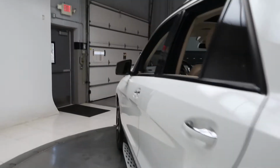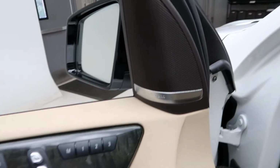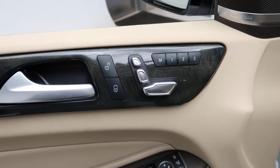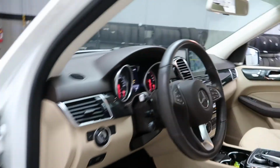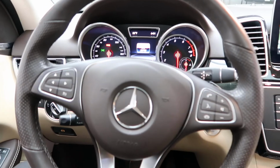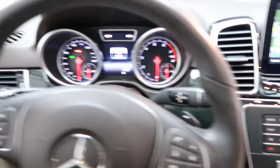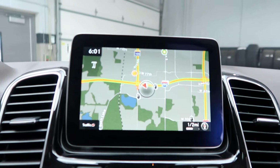Coming alongside, this one does come with the Premium 1 package, which is going to give you a blind spot assist, Harman Kardon sound system, an anthracite poplar wood trim, memory seats, power windows. Hopping in, we've got our steering wheel controls with Bluetooth capabilities, paddle shifters for extra performance, a push start ignition, navigation,